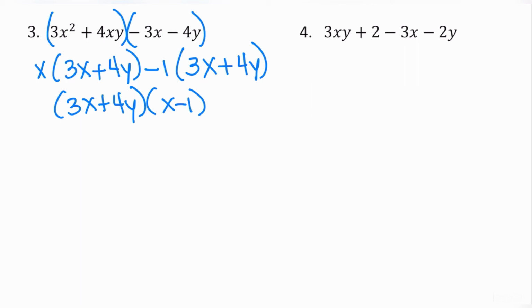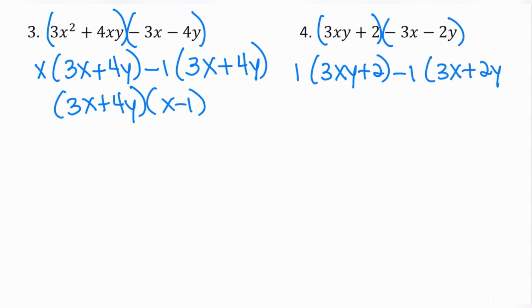When I do the same thing I did before, which is group the first two and group the last two, including the minus because it is subtraction, you're going to see that from the first group, I can't factor anything out. So I told you when you can't factor anything out, factor out a 1. So I'm going to go ahead and do that. 3xy plus 2 stays in parentheses. From the second group, they're both divisible by -1. So I'm going to factor that out, and I'm left with 3x plus 2y